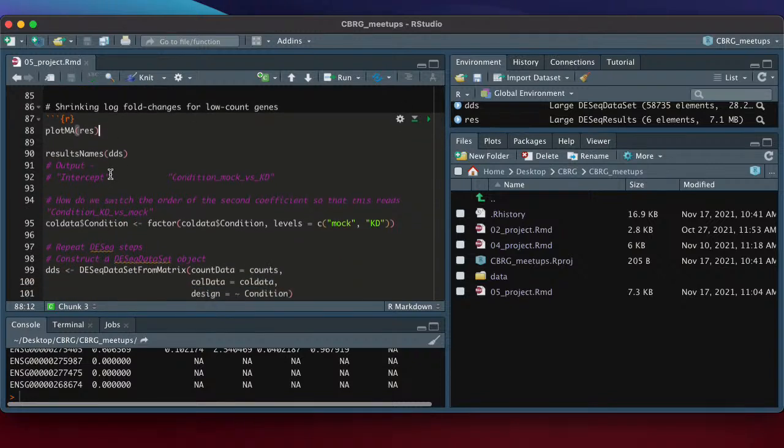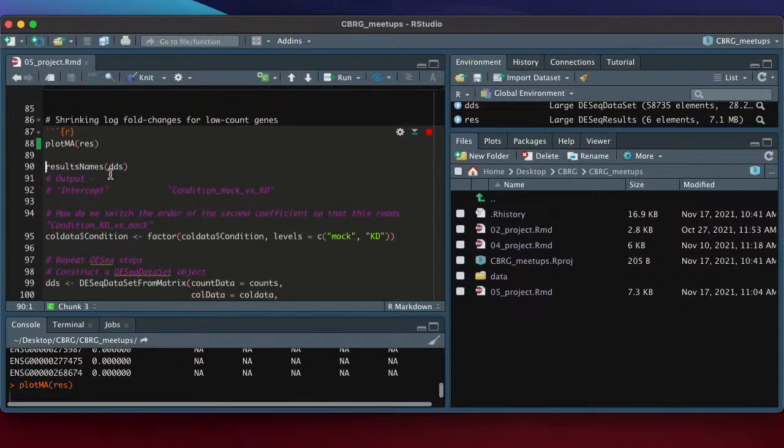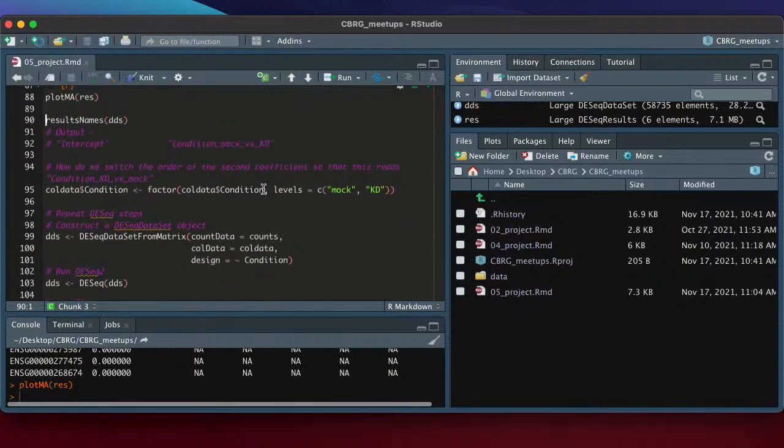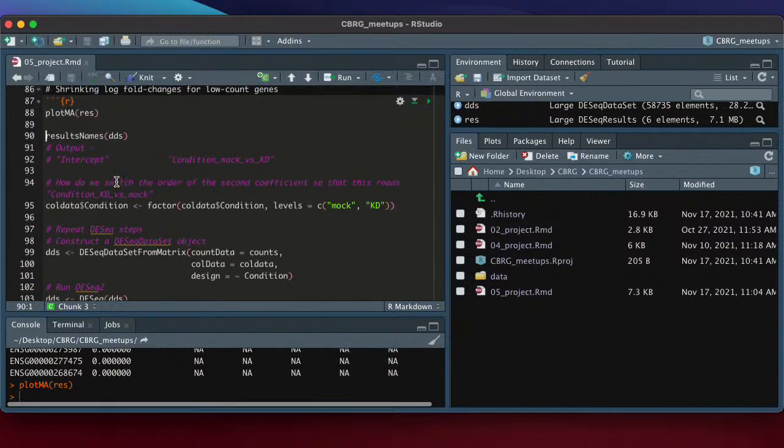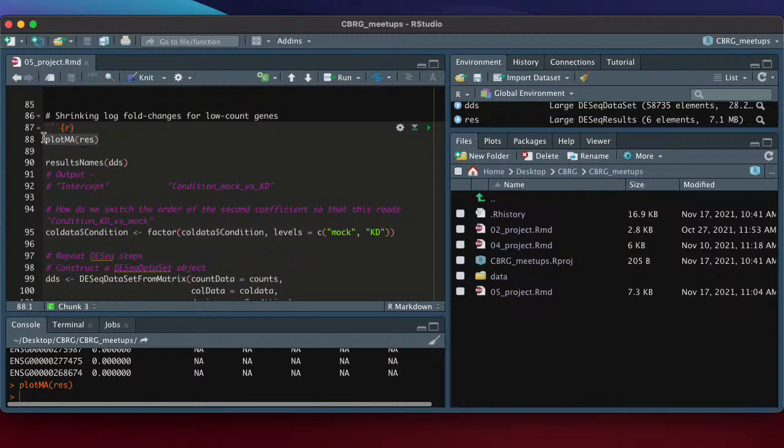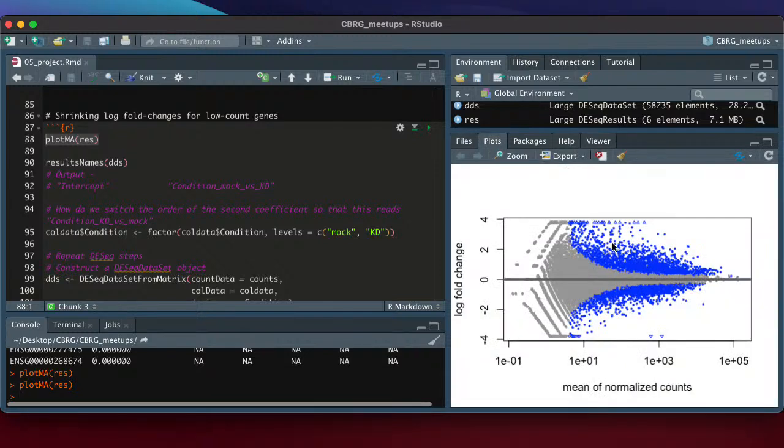Last week, we went over different ways of performing data visualization using a lot of functions within the DESeq2 package. One really important diagnostic plot that we didn't cover is called an MA plot. So I'll first show you what it is. This is kind of strange, but for whatever reason, it's just easier to copy paste this into your console and run it. And you can see it appear here.